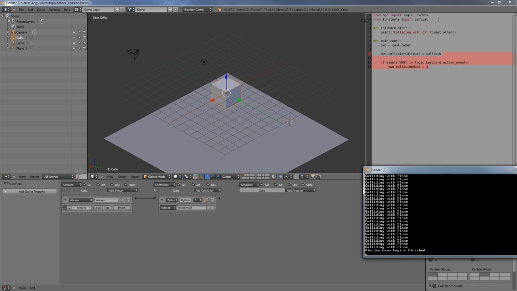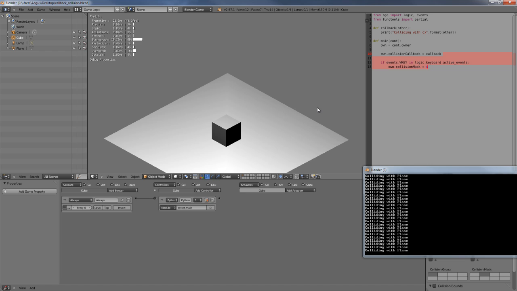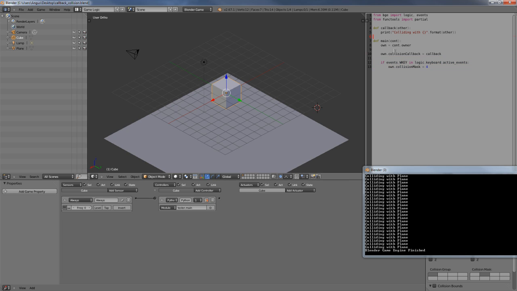But anyway, yes, it uses that dispatcher, it registers with it, and I've added some code to automatically trigger any Python callbacks when an object receives a collision. So that's how that works. If I press P, you'll see what happens. As soon as it collides with the plane, it prints colliding with plane, and you'll see here I've got the